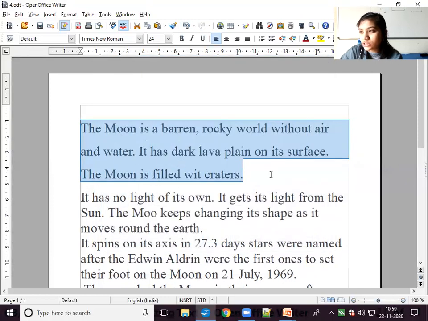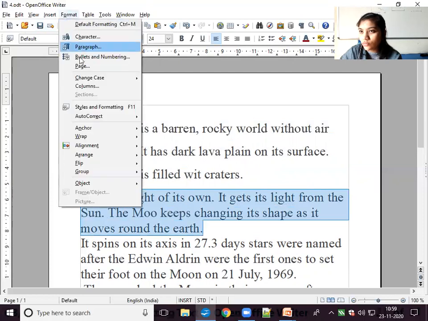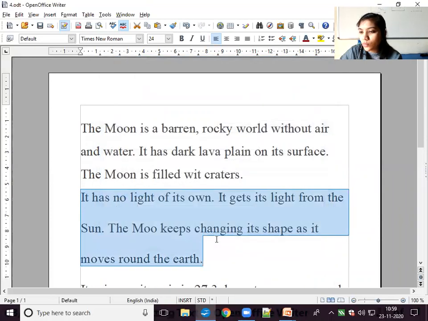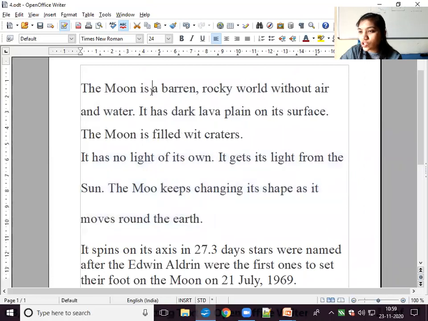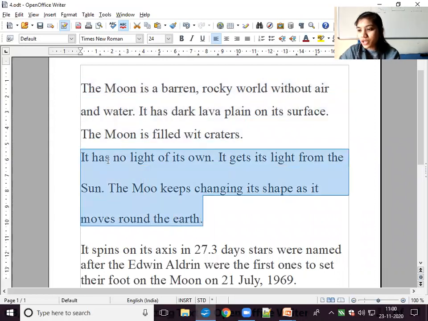Okay, so the line spacing has changed. For the second one, Format, Paragraph, double. Then you can see the changes between them. Here is 1.5 line spacing and this is the double line spacing.